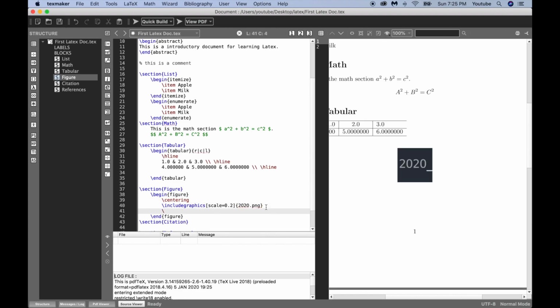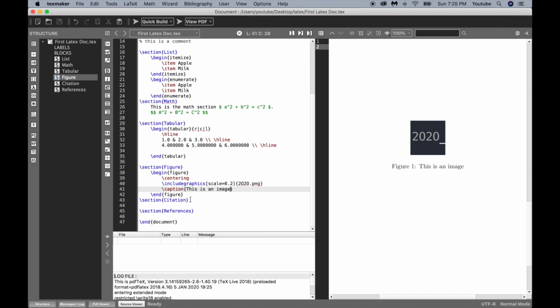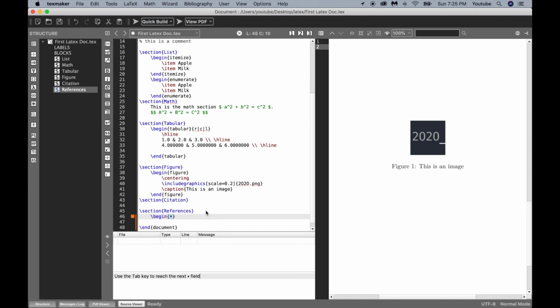And what you can also do is add a caption. So this is an image, and here is the caption. Okay, now we can go to the citation. Before going to citation, maybe we want to create a new reference. So to create a new reference, we have to begin a new environment, which is called the bibliography, and we have to add an end bibliography here,